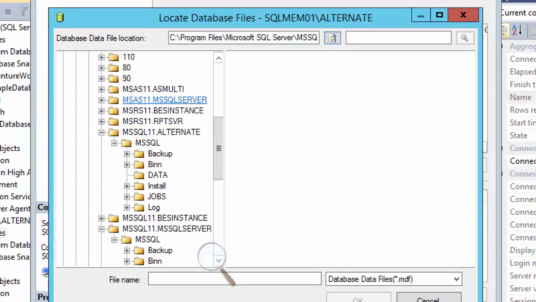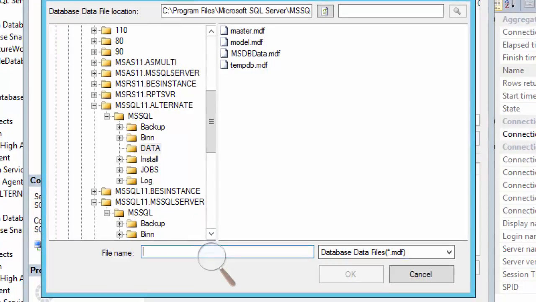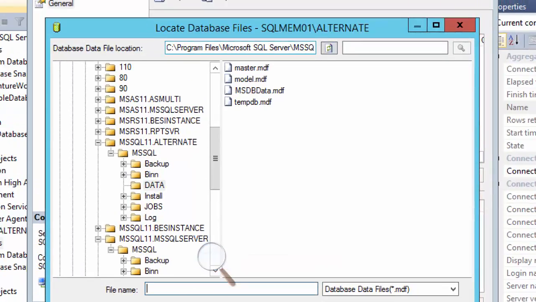Let's just try to make sure that data, tempdb, master db. Now file name, it needs to know the file name. This is the path it is already in, and we can just go here, or we can put the path here.